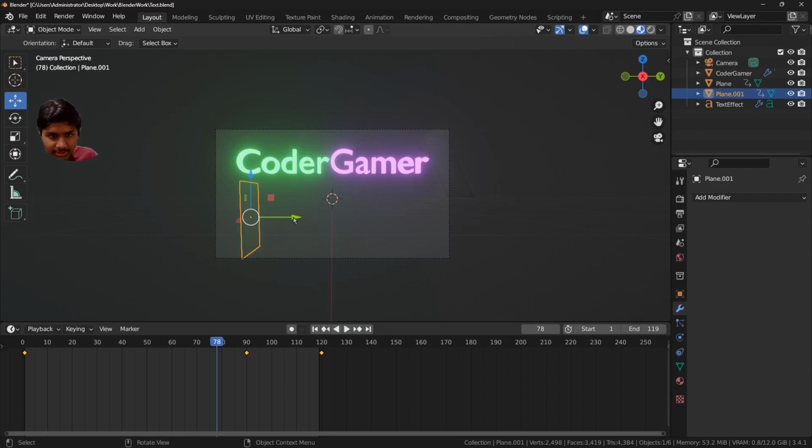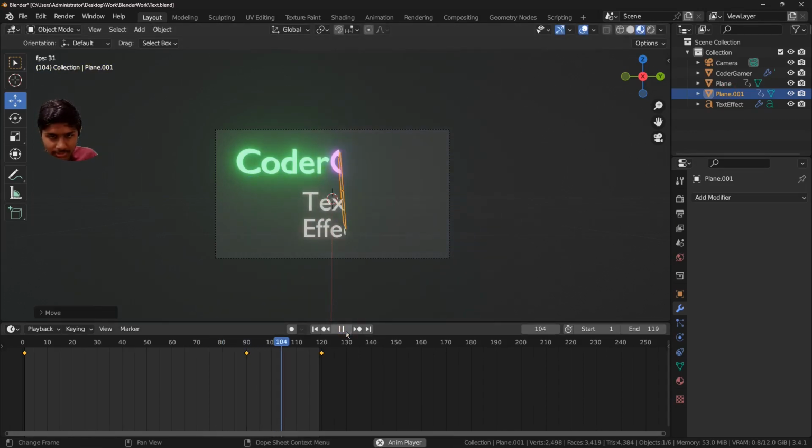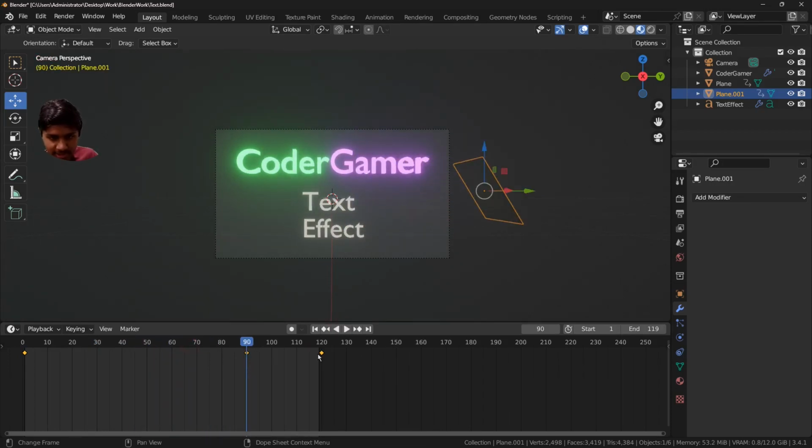So now if I take this plane, it's going to move it. Now you can see that it comes on screen, but what I think is sort of easier, let me add